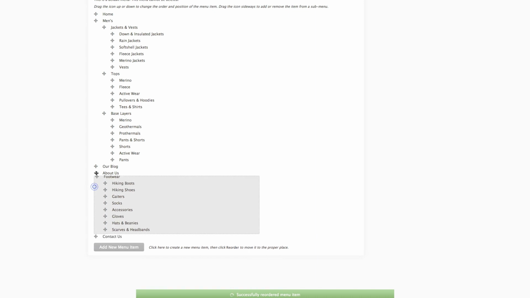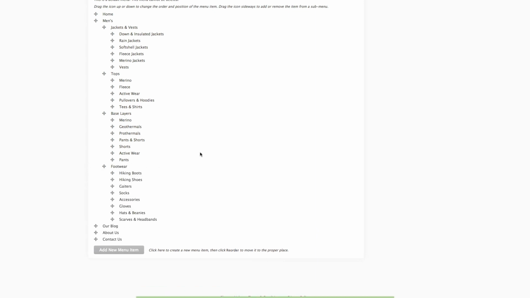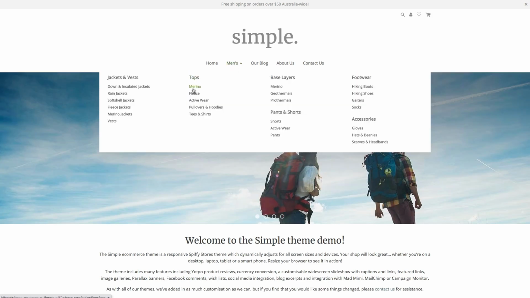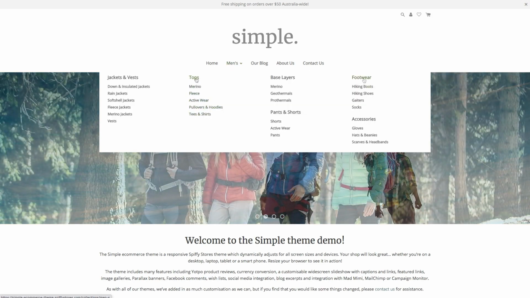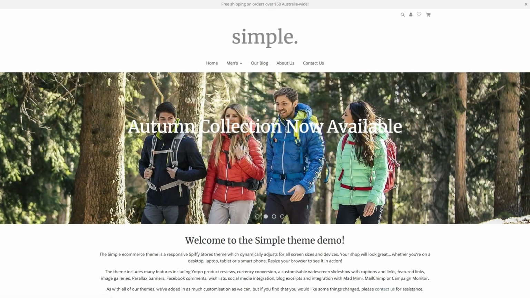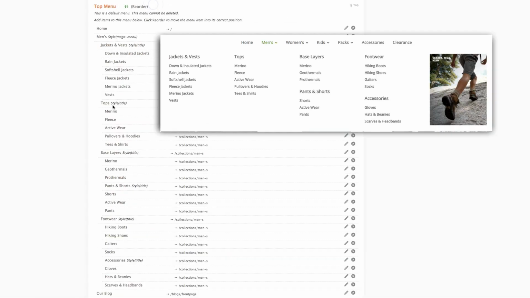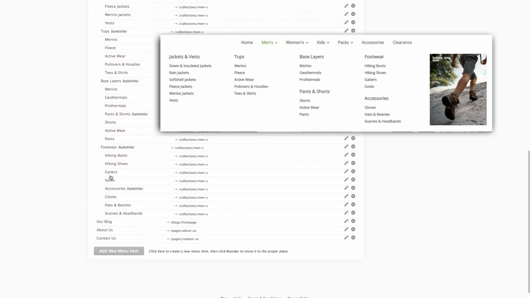So we're just reordering items now, and you can see that we have 4 columns in our mega menu. So we'll just preview the store. You can see all of our columns and items there in the store menu. If we check our little mock-up here, we'll see that we want to add an image as our final column